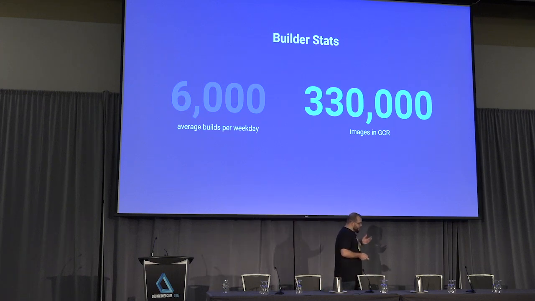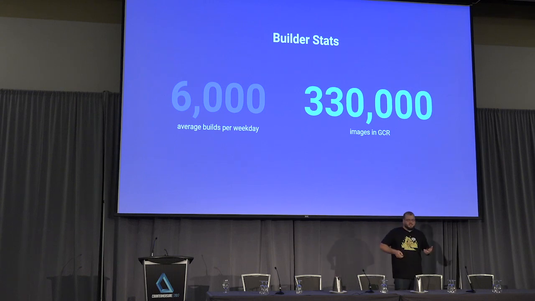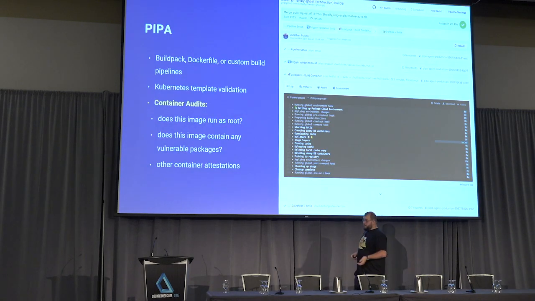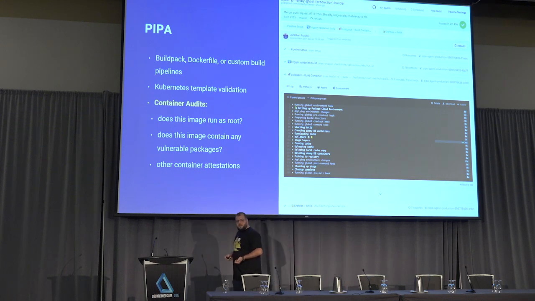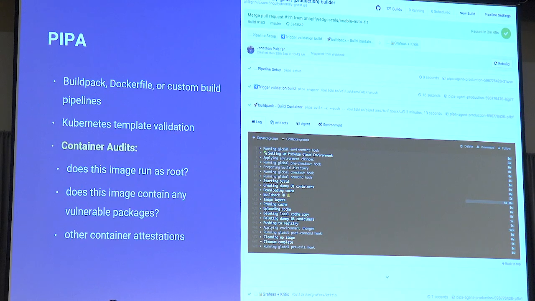So me, as part of a 6 man and woman security team, how do we then stay on top of this security posture with such scale? And this is where we're going to introduce our builder. This is the name that we've given our builder. It's called Pipa. And Pipa is a Docker in Docker builder that's written in Golang and deployed on BuildKite. For anyone who speaks Portuguese, Pipa means kite in Portuguese, and it runs on BuildKite, so that's where the naming comes from. What we can do with our builder is a couple fun things, but this is where security automation really comes into play.